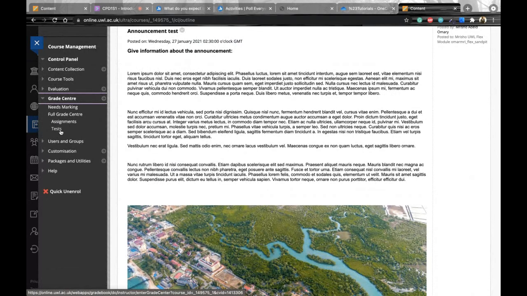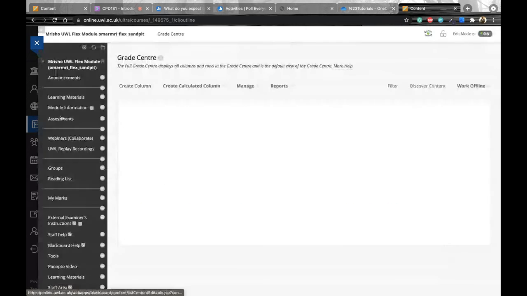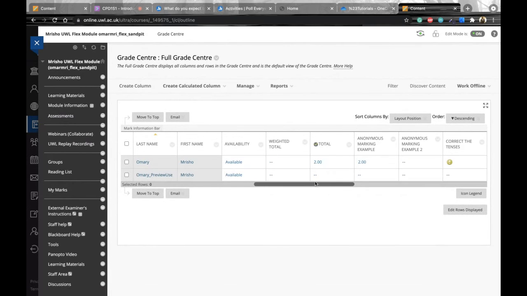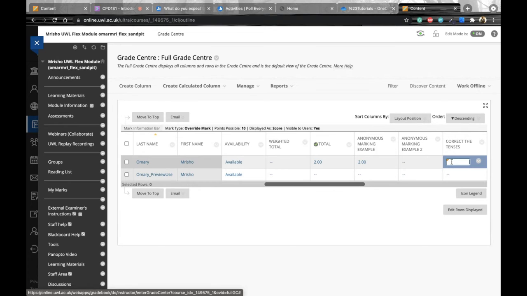If it's a test, then you can see them under tests. If it's assignments, then here. If you select full grade center, then you'll see both. I'll go to select this one just in case so you can see all of the different assessments I have. From here, I'll be able to scroll through to see all of the assessments available. In this example, if you see that little exclamation mark, that means it's an attempt that was made and it now is available to do marking with. So you need to mark this. You can just select it,